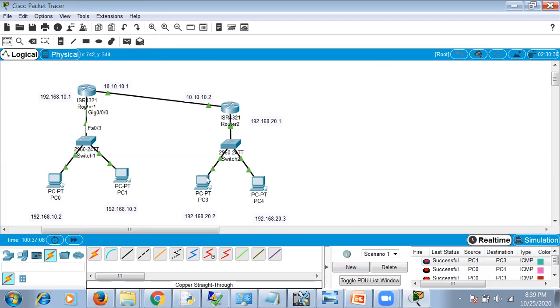This is called the dynamic routing protocol, where it dynamically finds out what route it has to take, and we are not giving the routes. So this is about dynamic routing. In the next session, we'll see what static routing is. Static routing means we ourselves have to set up the routes.